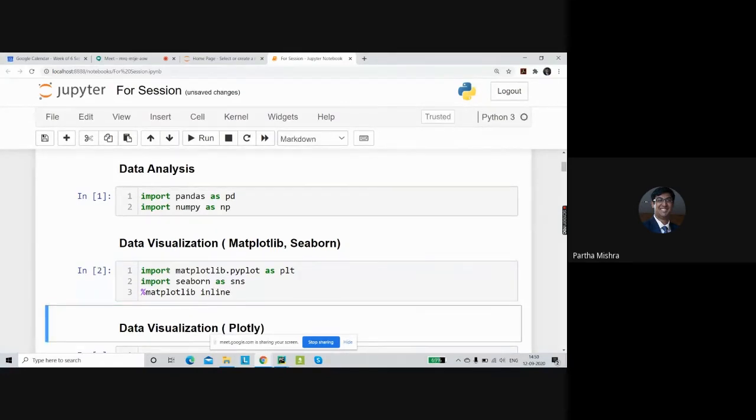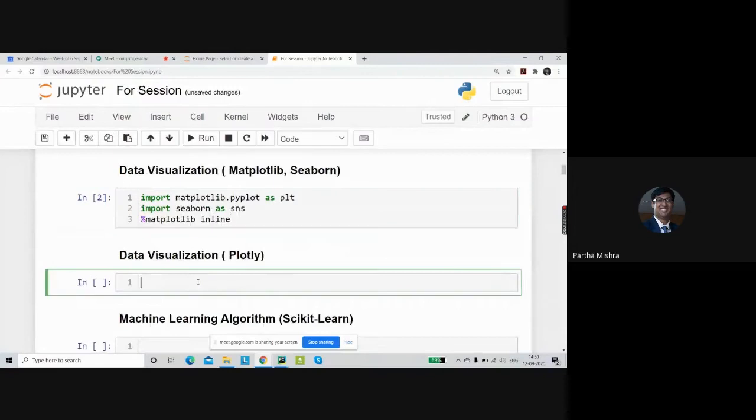It's also called a magic function. One of these magic functions, called inline, is pretty popular whenever we are coding inside the Jupyter Notebook, because it's better to look at the plots inside the notebook rather than sudden pop-ups coming up.